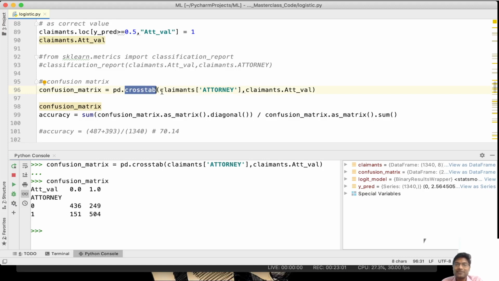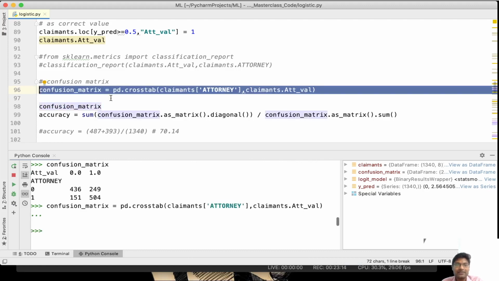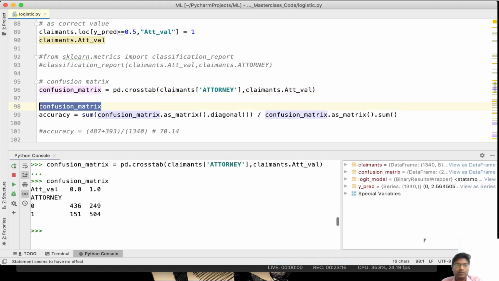That matrix is created by comparing the expected attorney column and the actual predicted values present in claimants.att. Once I create this table, this is going to be the confusion matrix. So how do we read this confusion matrix?